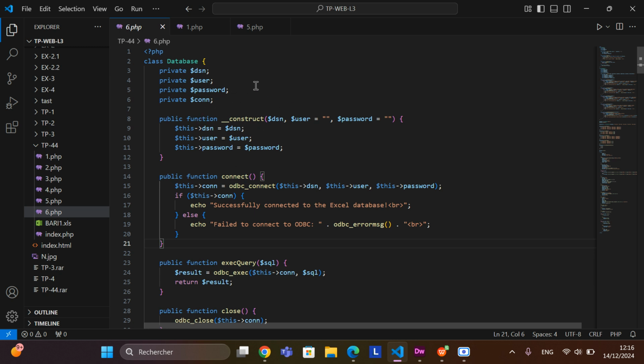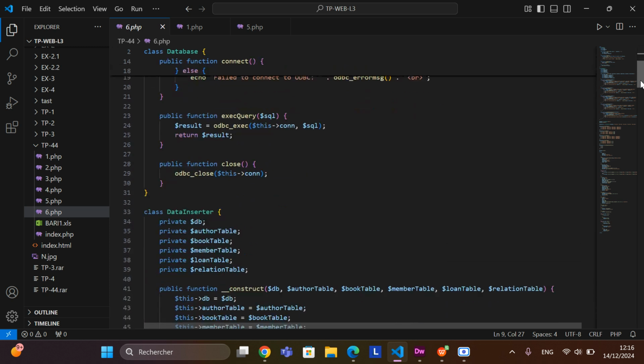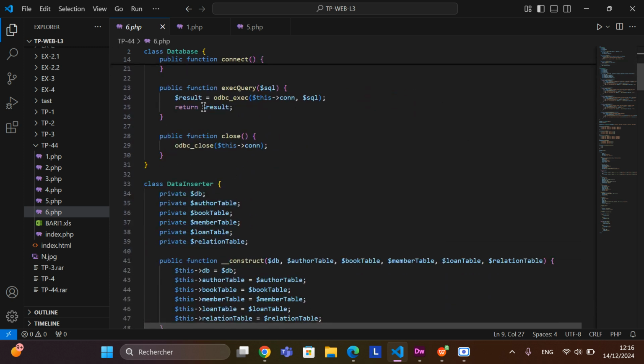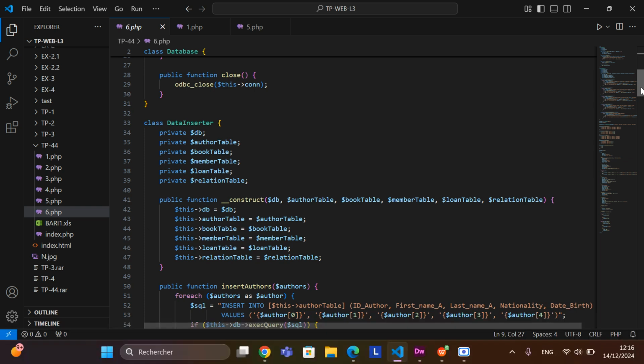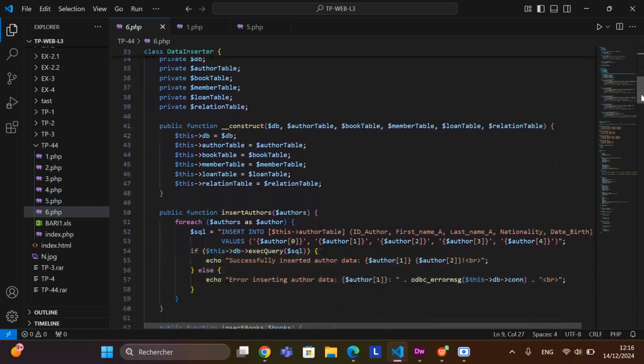It uses connection details like DSN, username, and password to establish the connection through the connect function. We also have the xquery function to execute SQL queries directly in the database, and the close function to close the connection when finished. And the next thing, we move to the data insert class, which simplifies inserting data into